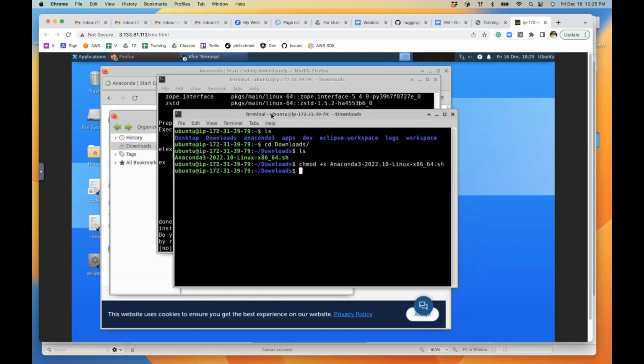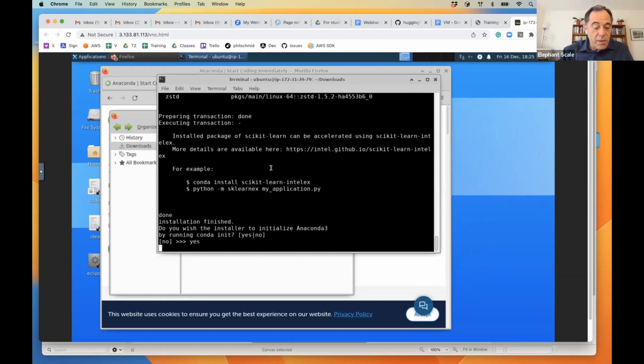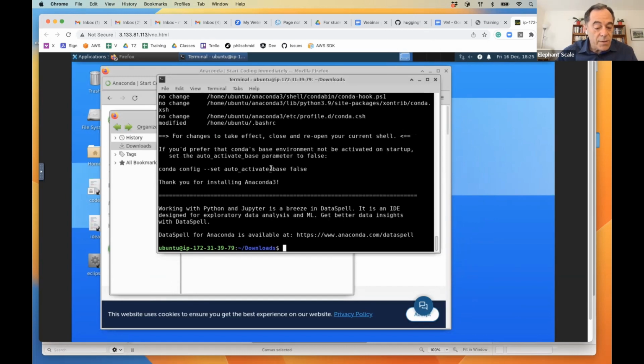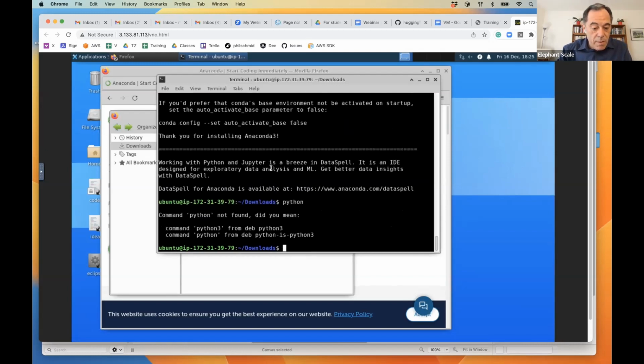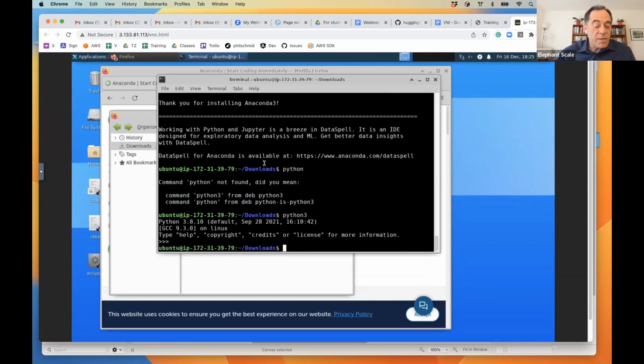Yes. So I'll get out from this terminal, go back to this terminal. It says run init. I say yes, yes, run init. And there it is. So first of all, I should have Python. At least I should have Python 3 now. That's it. I run the latest Python. To get out of Python, the best thing is Control D, like this, just because it works for every system.